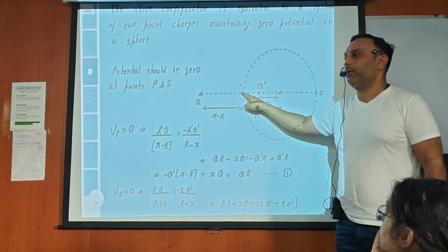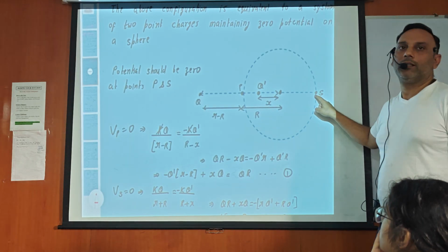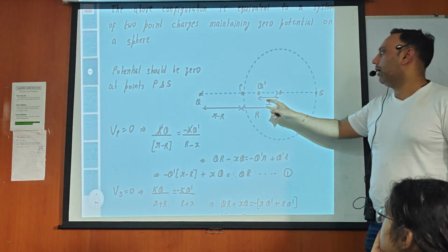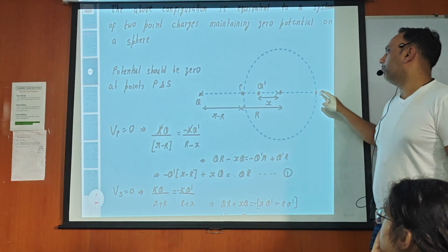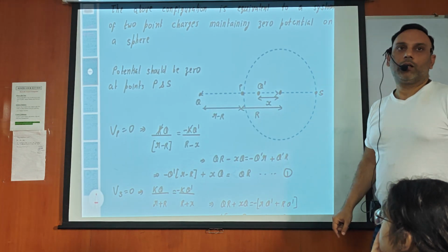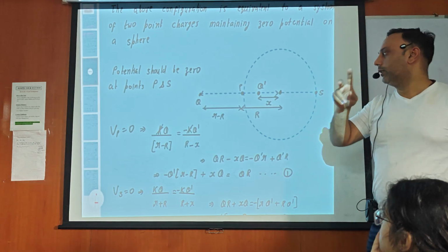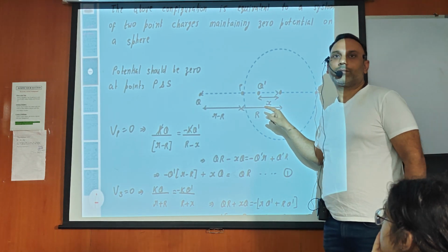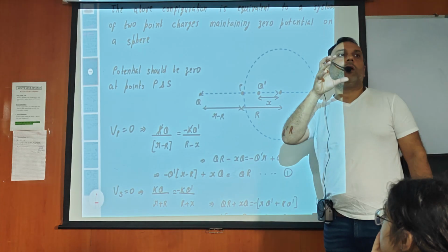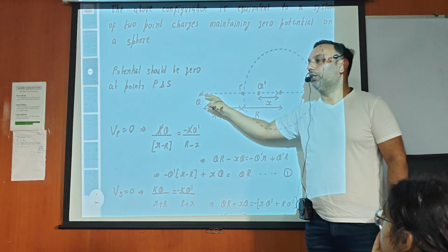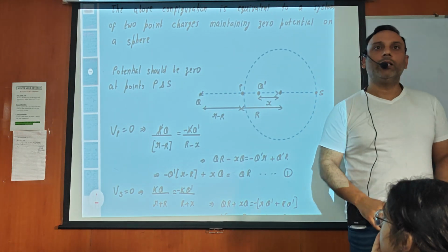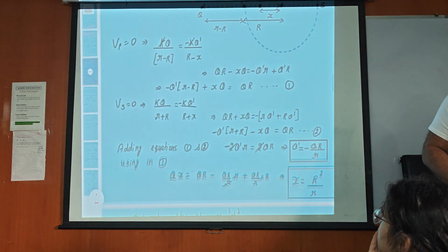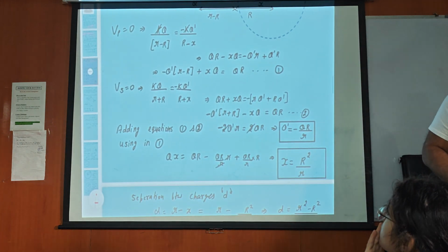I can select this point P and point S. So at P and S I can write the potential equation. The potential of point P should be 0, and the potential of point S should be 0. Right? And from these two equations I can find out this q dash and x. That means I can form the mirror image of this q charge. Understanding, beta? Yes or no? See, beta, I have done all the calculations, so step by step I will explain all the calculations.